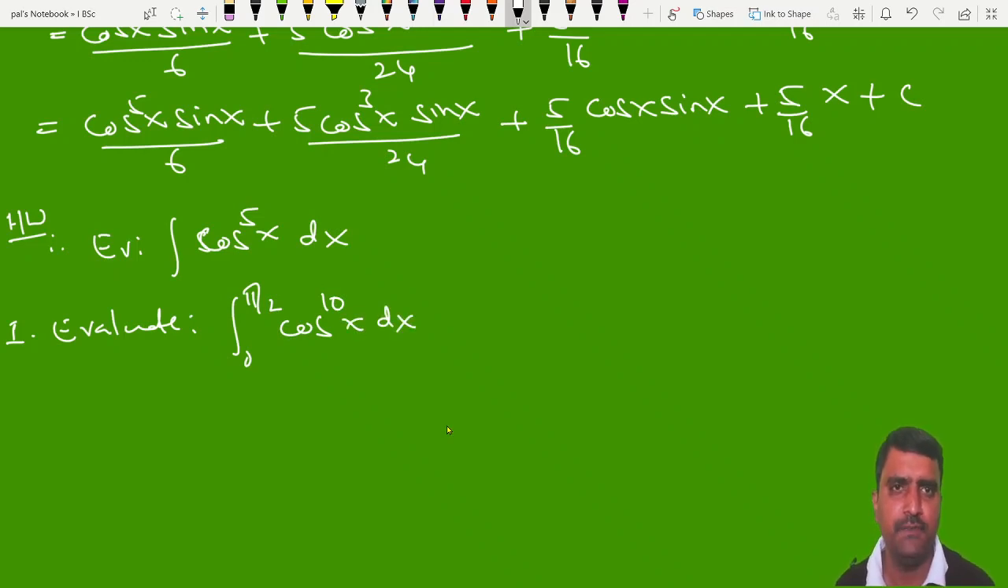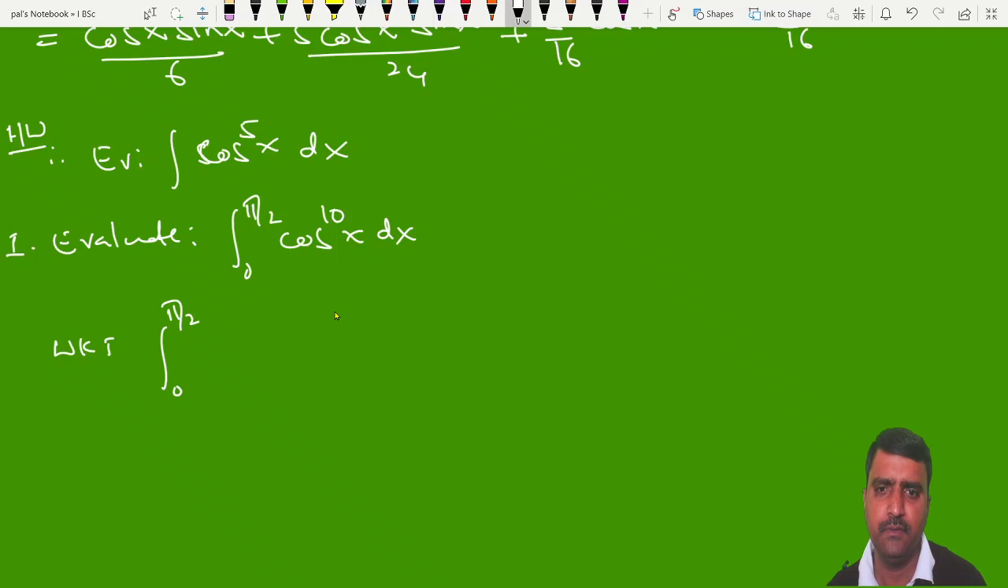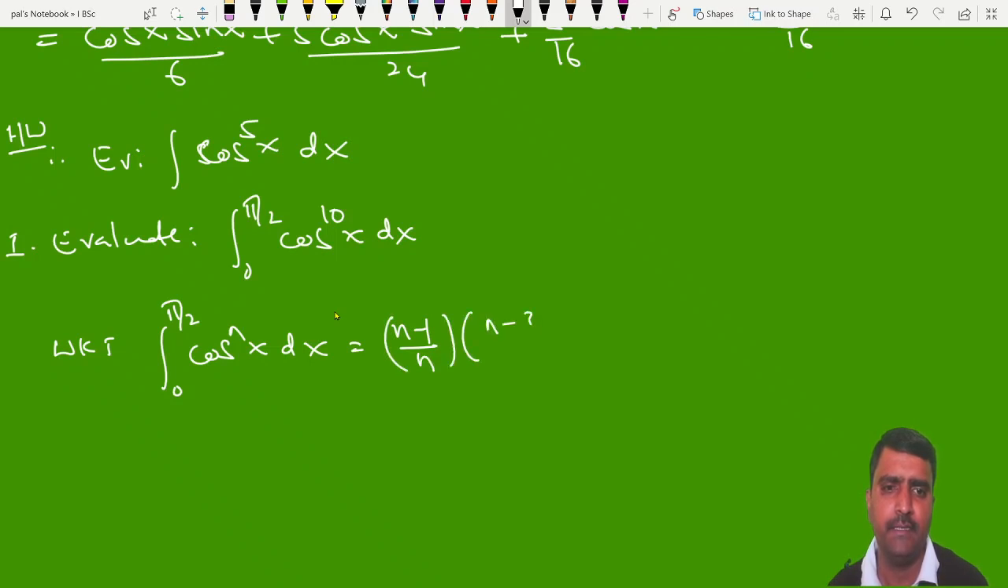So with the limits, it is not at all a problem. It may be any number. We know that integration from 0 to pi by 2 cos to the power nx dx is equal to n minus 1 by n into n minus 3 by n minus 2 and so on, 1 by 2 into pi by 2 when n